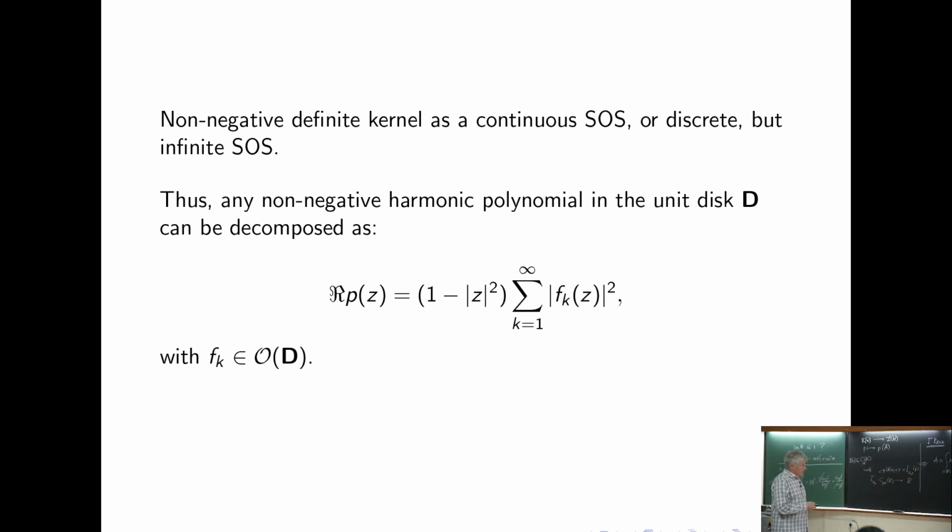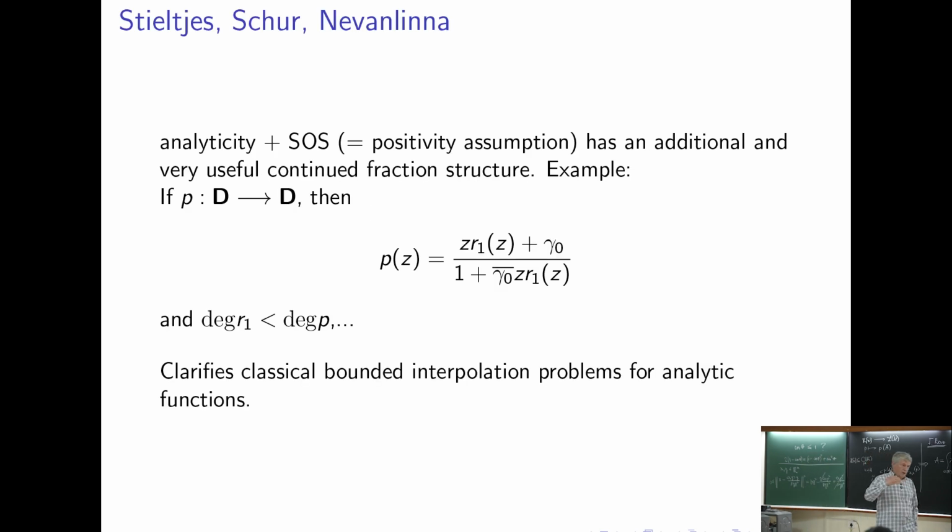Now, speaking about positive harmonic functions, we have to mention the founders of the theory. Stieltjes, in particular, studied this from the point of view of continued fractions. Then Issai Schur has several observations, and in particular this one, which is also a continued fraction, very useful. And Nevanlinna put this in the upper half plane. So all of them started with the observation that if you have analyticity plus some uniform bound, or positivity assumption in this sense, you obtain a decomposition into squares, or as they started at the beginning, Stieltjes and Schur, a continued fraction